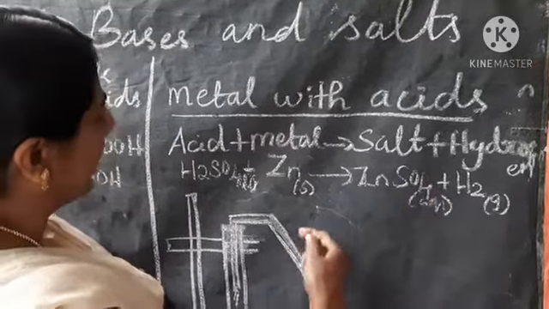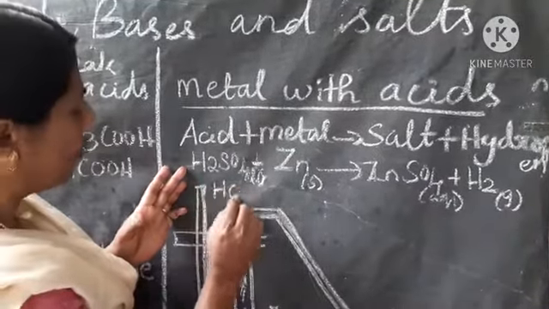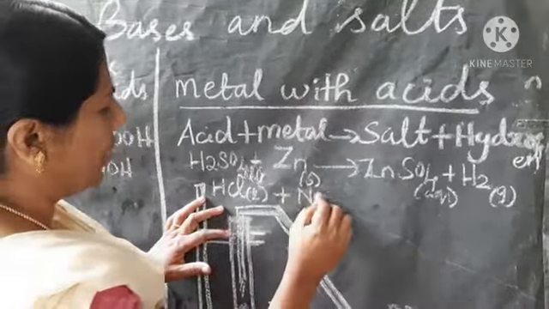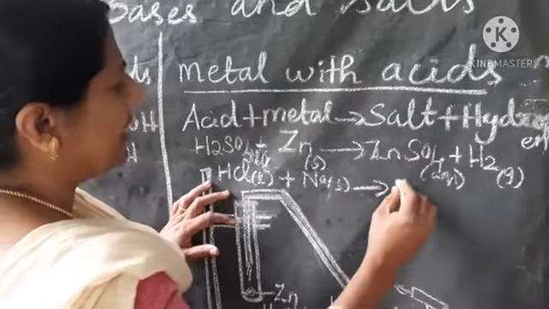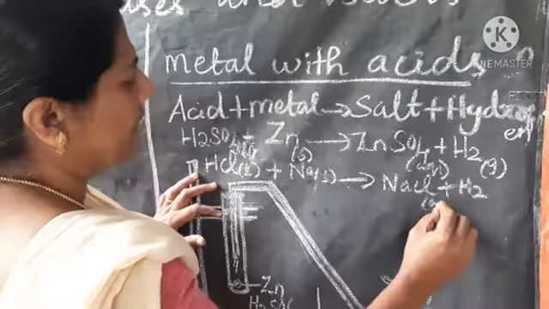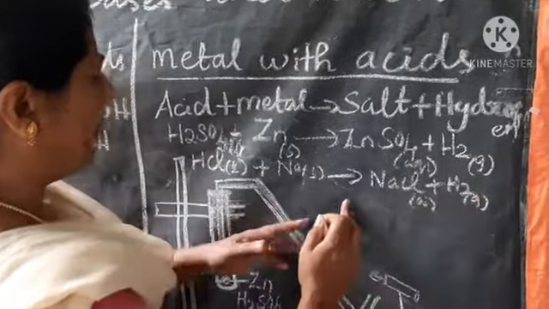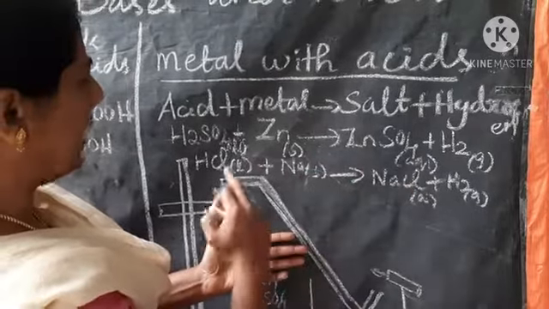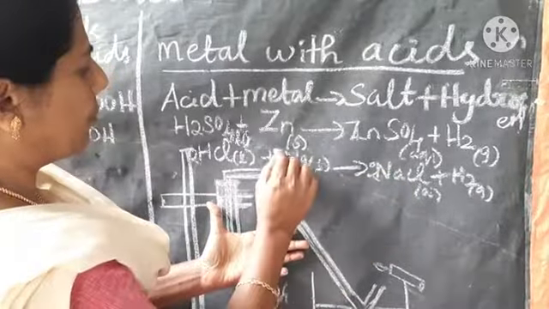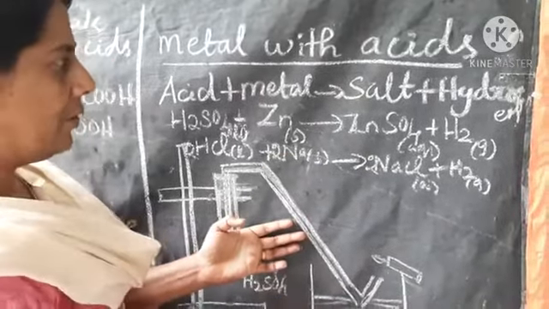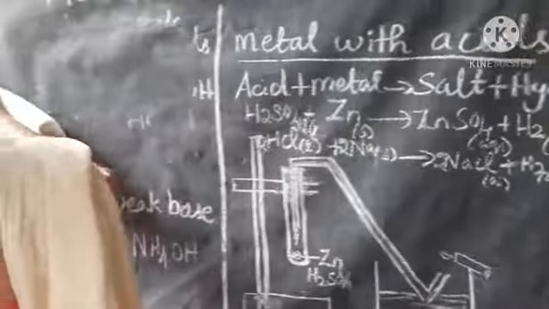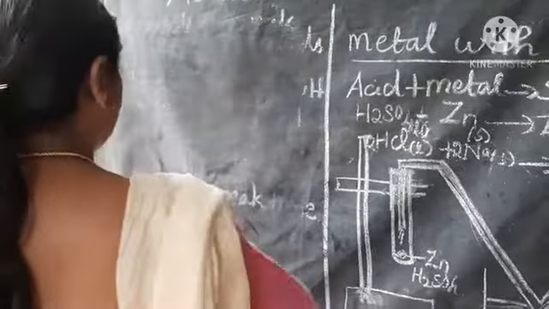Many examples you can write. For example, one more I can say. Suppose you have taken hydrochloric acid, which is liquid form. If you drop in Na, sodium, which is solid form, it gives NaCl plus hydrogen. Here NaCl is aqueous and this is gas. Here you have to balance. Cl is 1 but hydrogen is 2. So you put 2 here, 2 here and 2 here. This is a balanced equation.